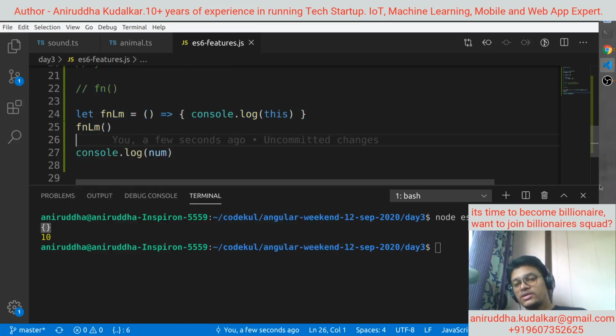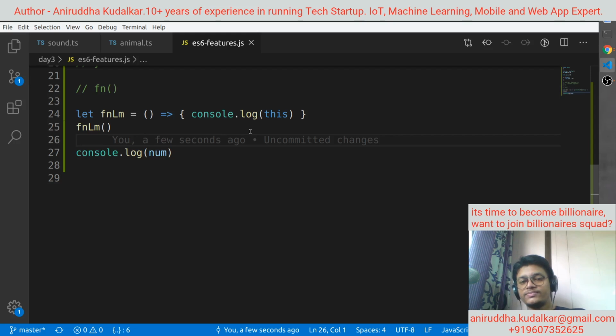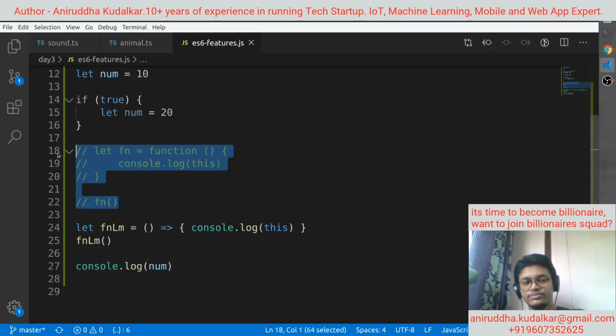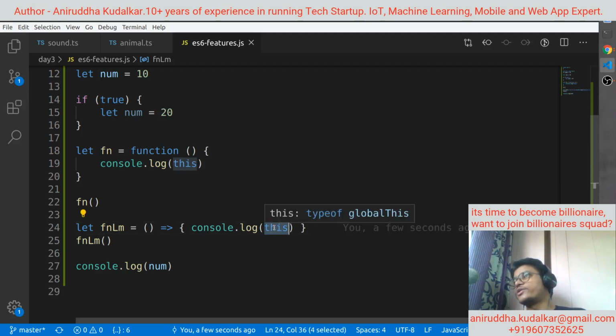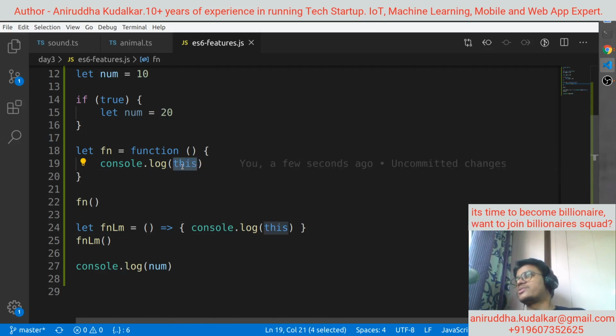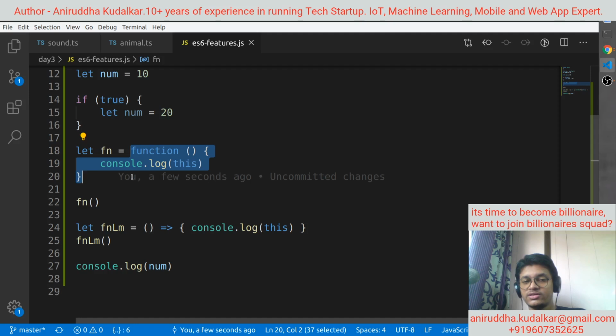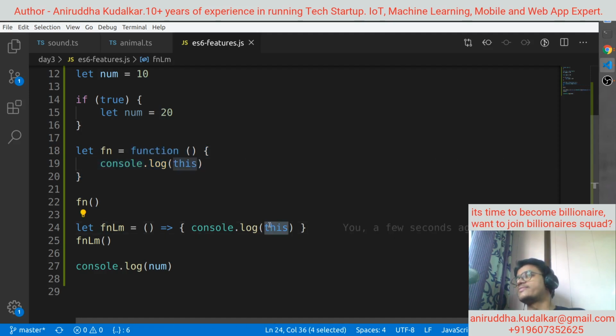Remember that this would be different. So this inside the normal function is different, and this inside the lambda is pointing to something different. If you are using function, this is different. If you are using lambda, this is different.